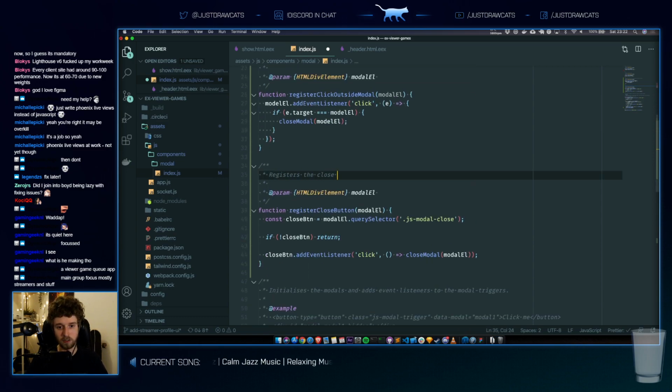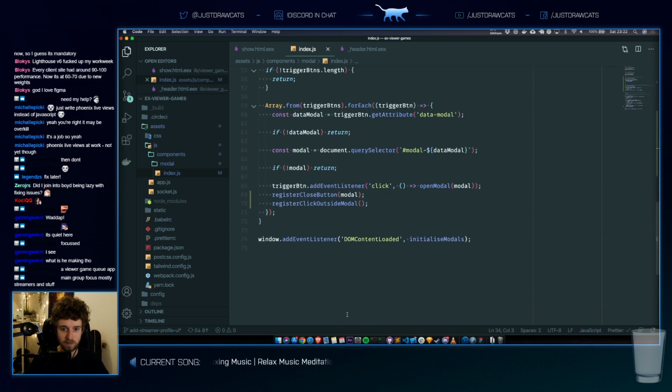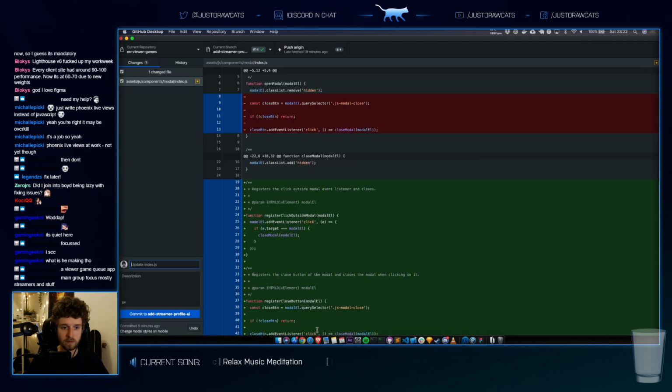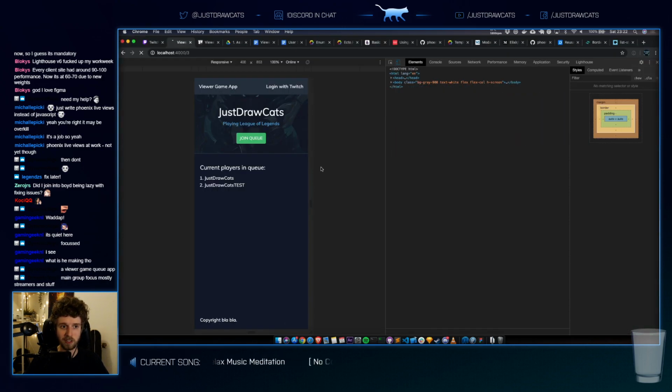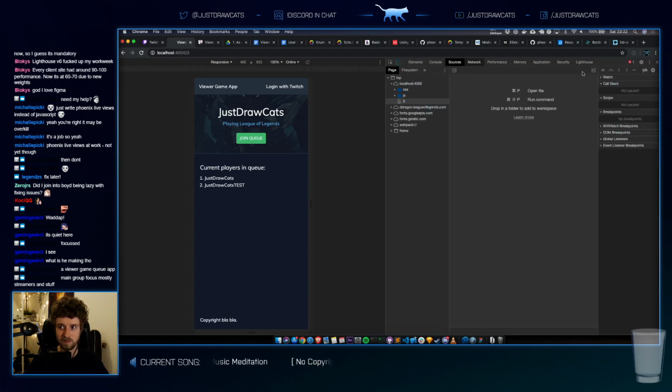Registers the close button of the modal and closes the modal when clicking on it. At least we fixed the memory leak. I'm sure there's gonna be bugs, but that's okay.